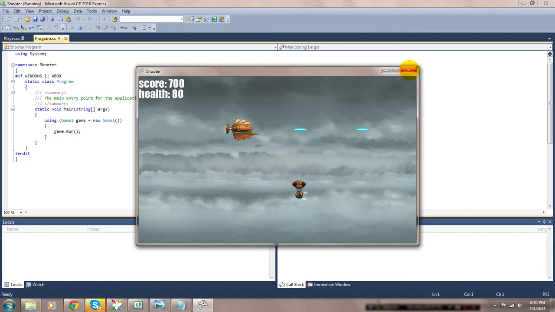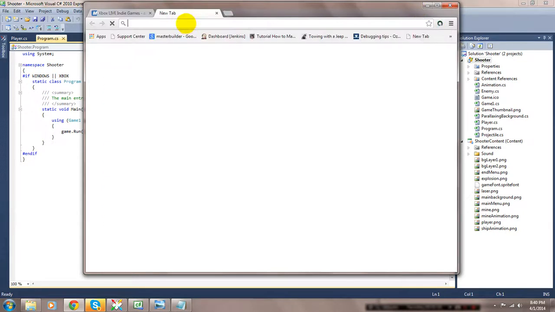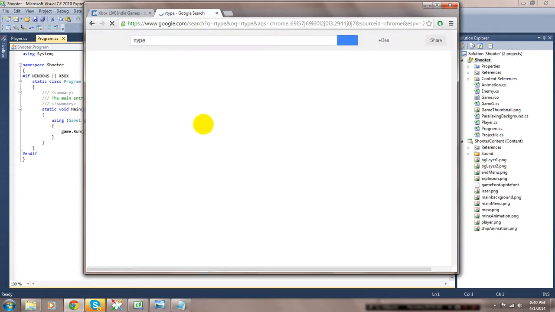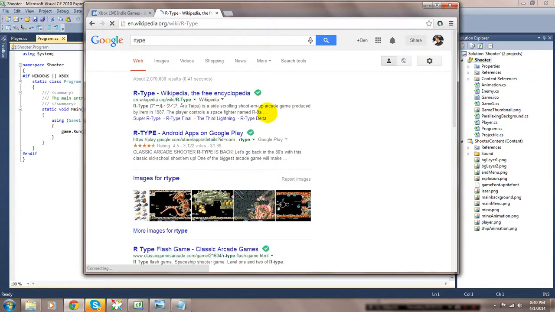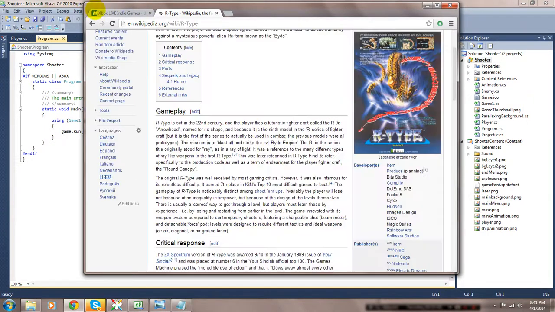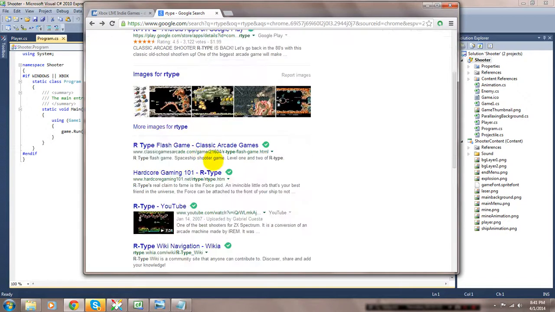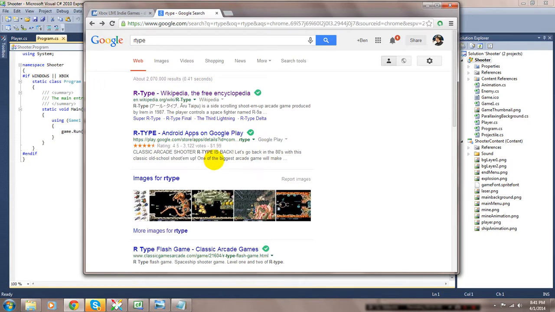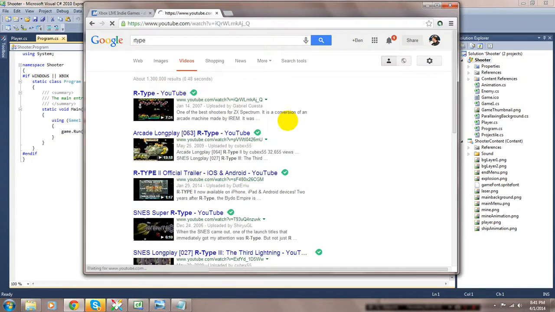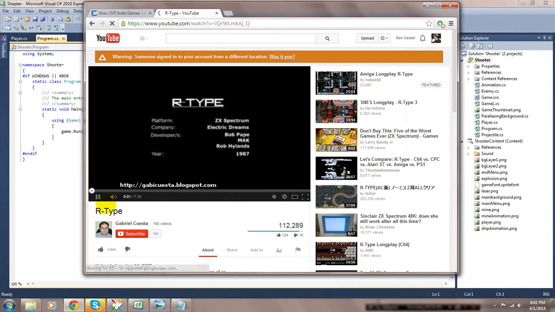If you need inspiration, my favorite particular shoot 'em up is R-Type. I think R-Type is an excellent shooter. It tends to be kind of hard, but it's a very great game if you can find it. It's a side-scrolling shoot 'em up arcade game produced back in 1987. But that's kind of what we're making here. You know, we went from text-based adventure games all the way up to now we're kind of doing side-scroller shoot 'em ups, and you can kind of see some of the gameplay here. It's a really fun game, but you can kind of get inspired if you watch some of these shoot 'em ups. For example, this game here